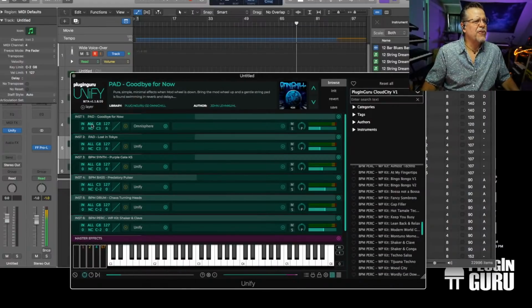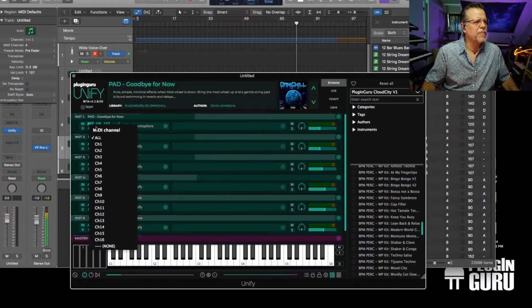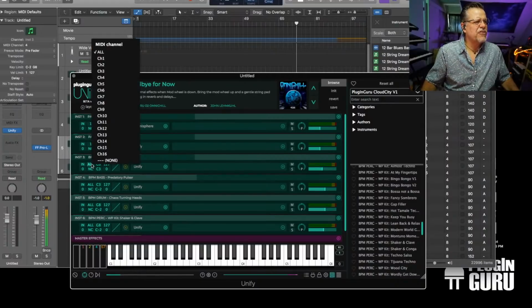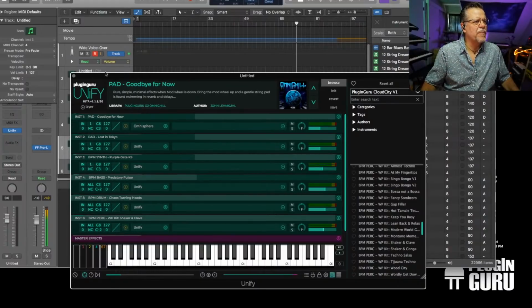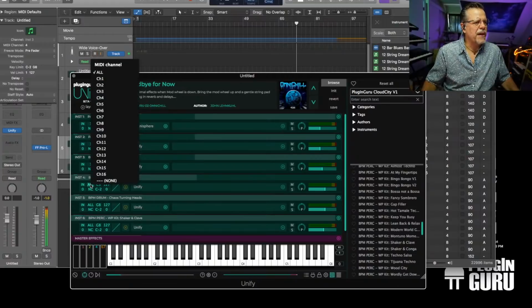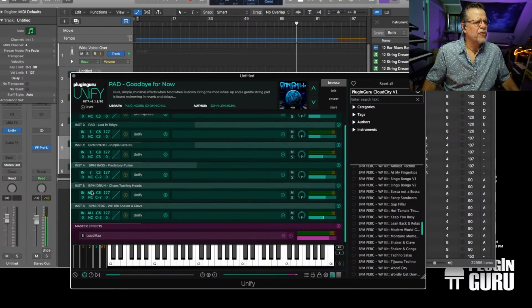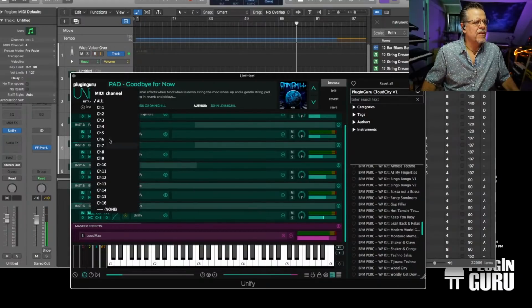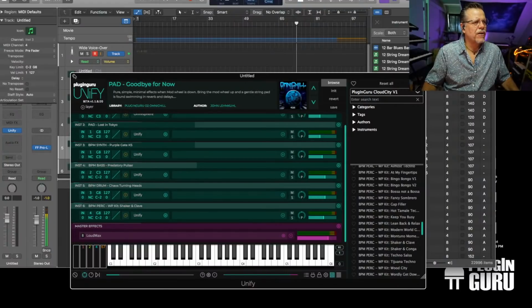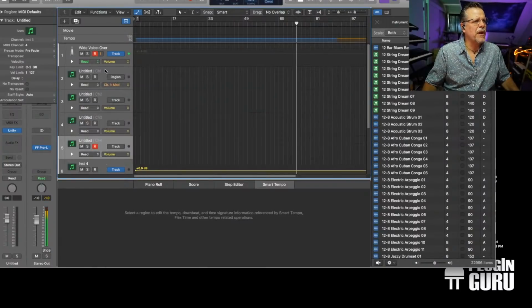And all I need to do is, where it says MIDI channel, let's say for the pad, we'd make that MIDI channel 1, because those 3 sounds were on MIDI channel 1. The bass could be MIDI channel 2. The drums could be MIDI channel 3. And then the percussion would be MIDI channel 4. So I've separated those out. So now when I play over here,